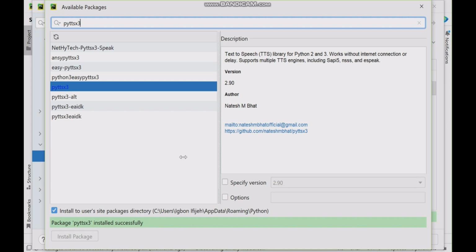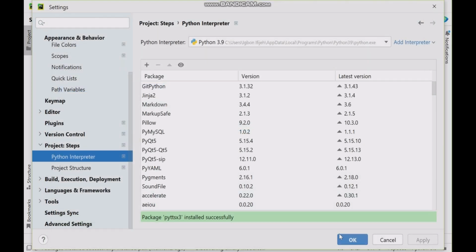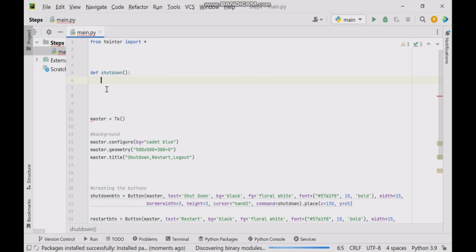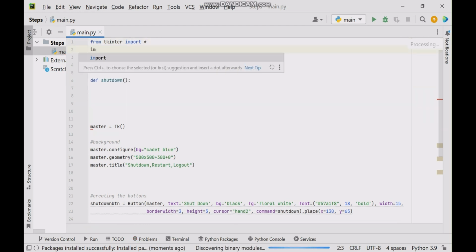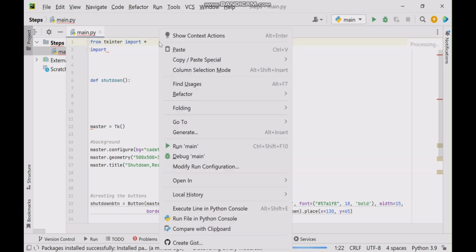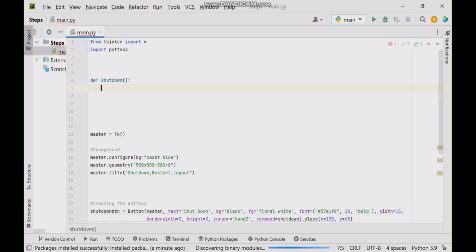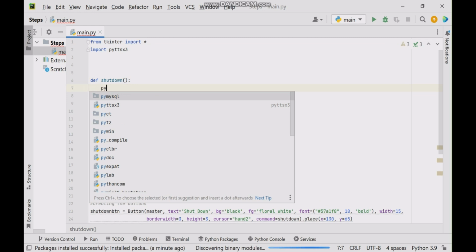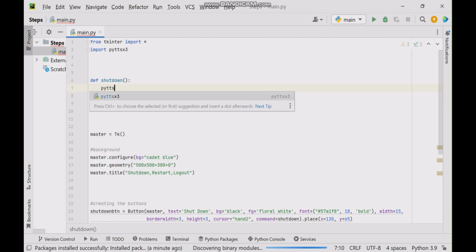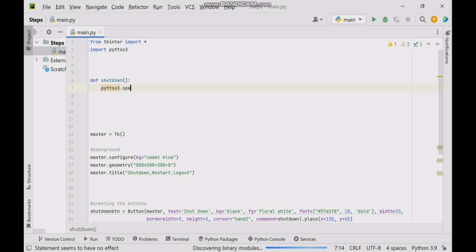Now that is done, I'm just going to close this down, and I'm going to import this library that I have installed already. So I'm simply going to say import pyttsx3. That is there already, and now I can simply make use of this library. Here I'm going to say pyttsx3 dot speak method,